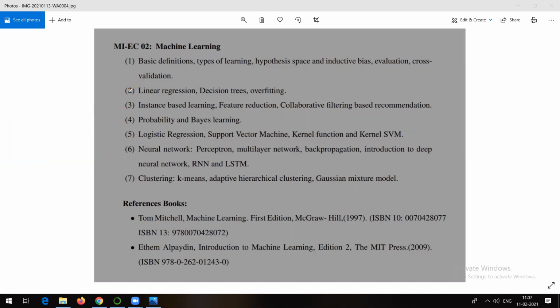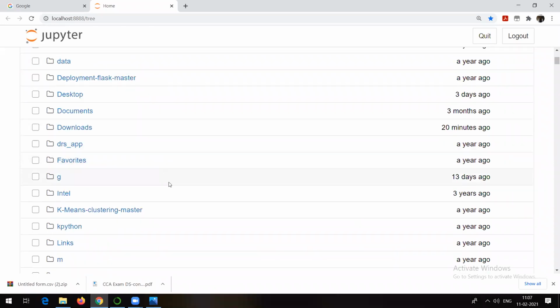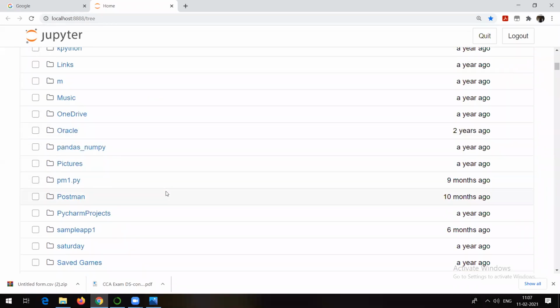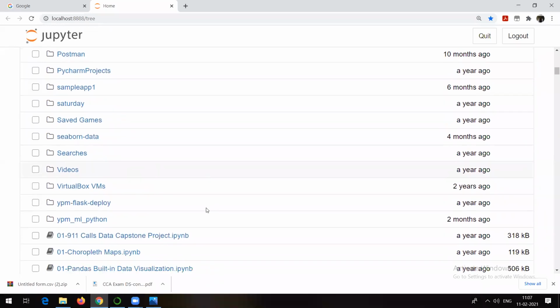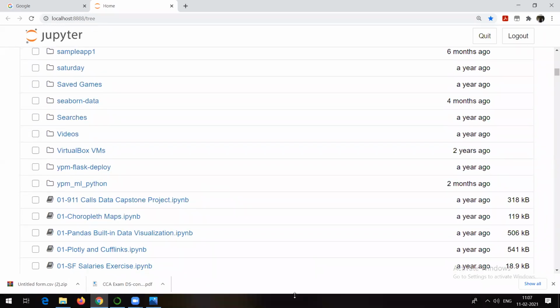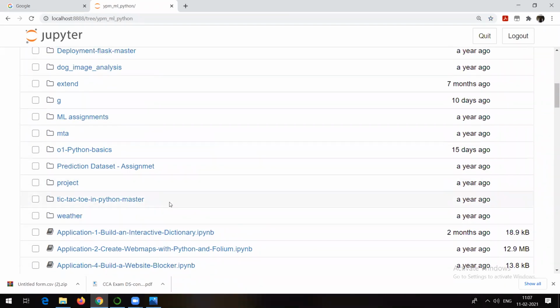The link for the Seaborn notes is already shared with you. So let me go to the location and start with the Seaborn package itself. Again, if you also want to execute the things along with me, you can. Those people who have attended all the sessions till now, who are regular and have been following everything, definitely can follow with me, right? Because these files are already shared with you.